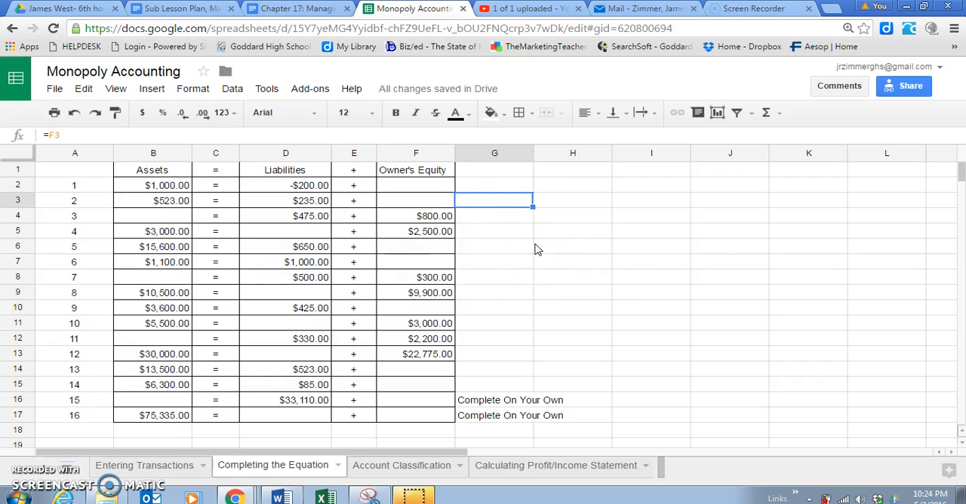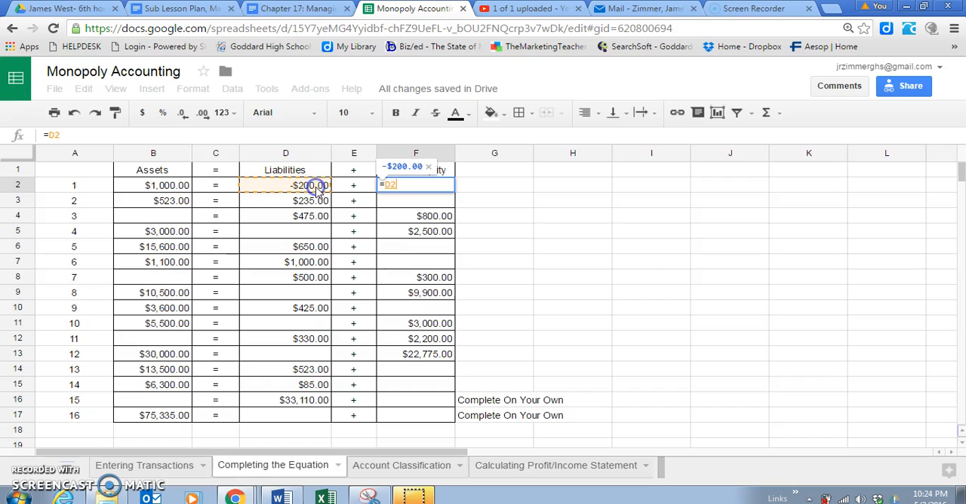Okay, so what I'd like you to do now is fill out the form here. And when you're filling out the form, obviously you need to complete the equation. The easiest way to do this is to put in a formula. If you know it's $1,000 over here, well, what plus -$200 equals 1,000? Well, in this case, it'd be 1,200. Okay? Or you could do